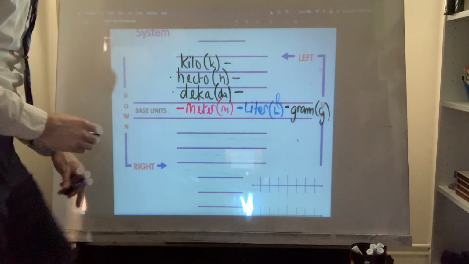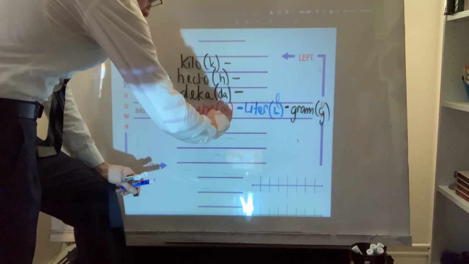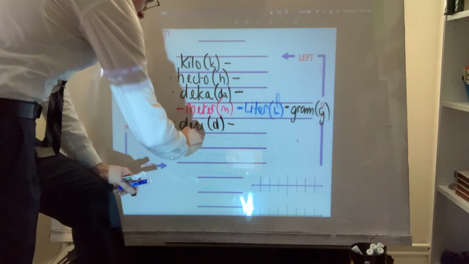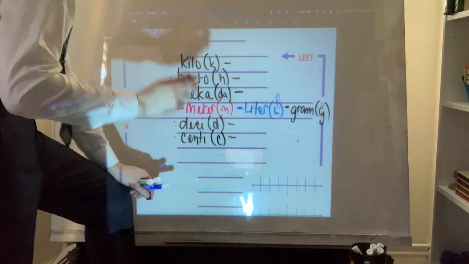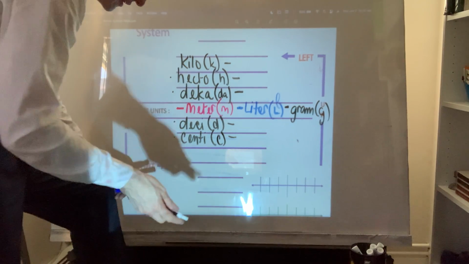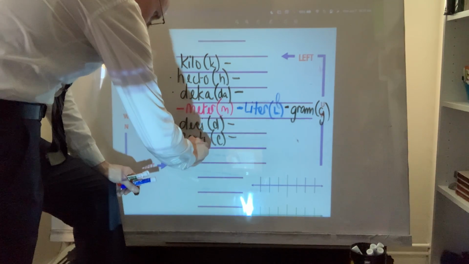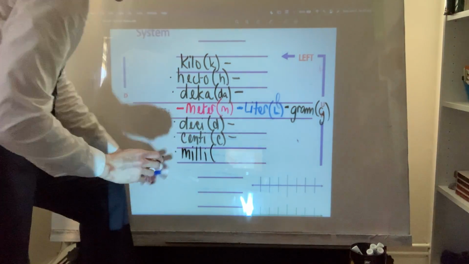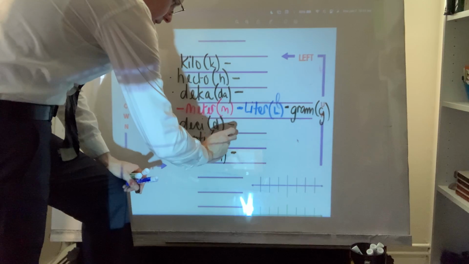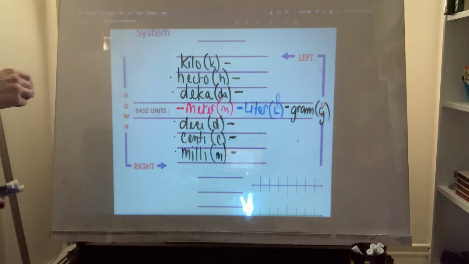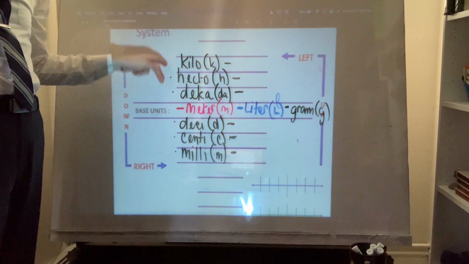Right. Below a meter would be a deci unit. That's just d, lowercase d. Centi, which in the United States we are well familiar with as centimeters. Any ruler that you have has inches on one side and centimeters and millimeters on the opposite side. Below that is millimeters, which is coincidentally a lowercase m for the abbreviation. Right? Now, for the most part, this is really the range in which you convert units,